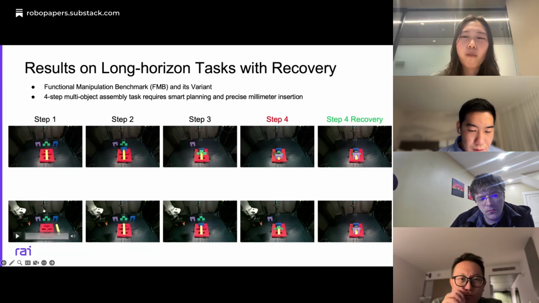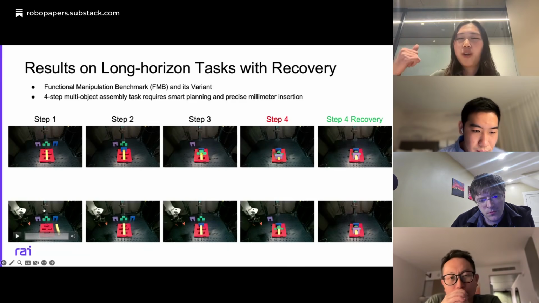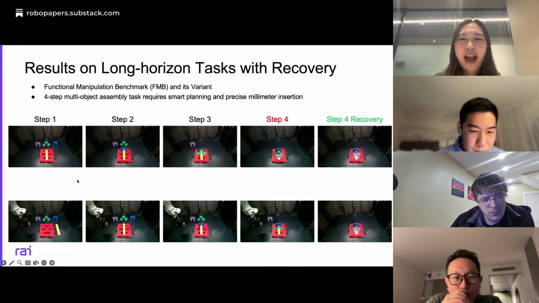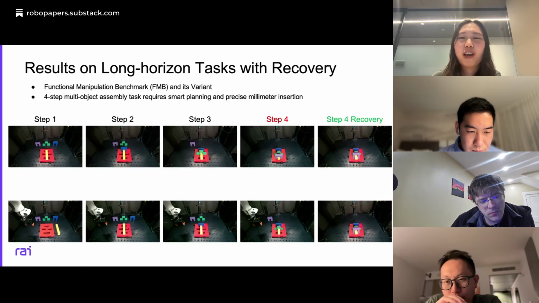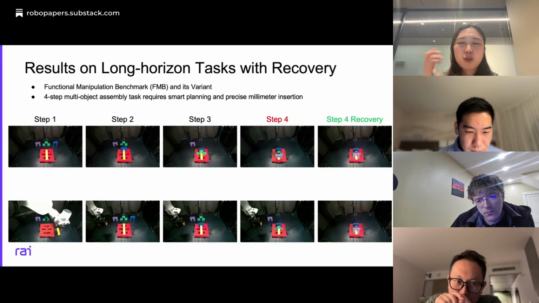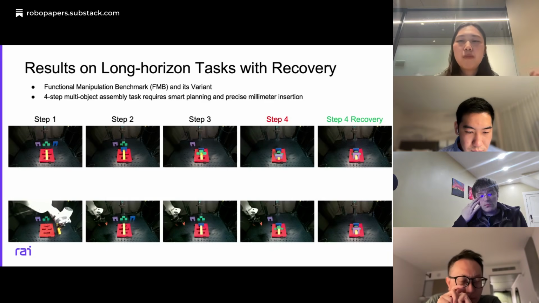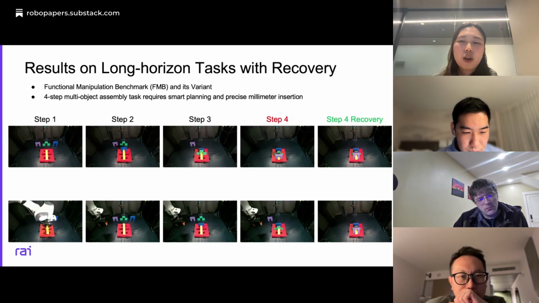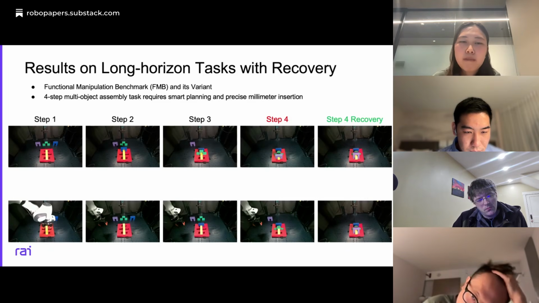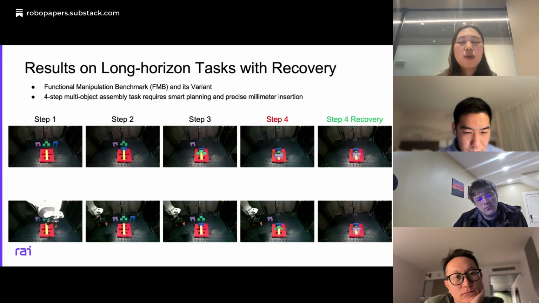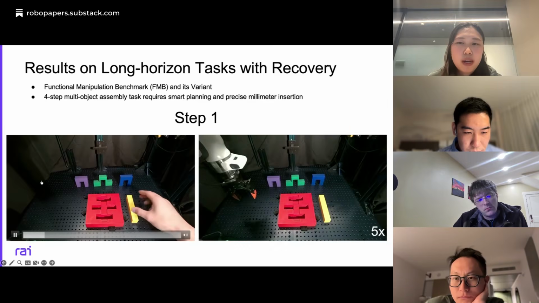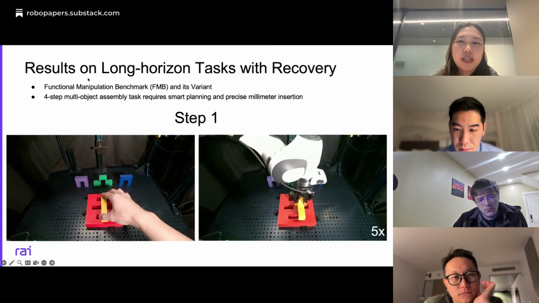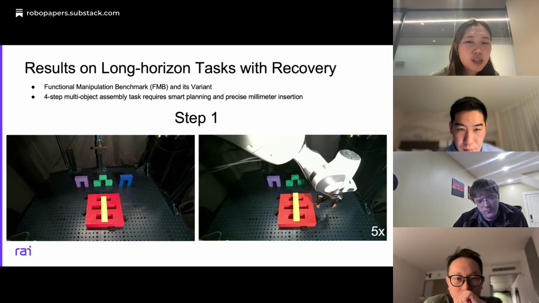So I feel like for most of the time, even though we use the VLMs to do this task decomposition, and even though the VLM's IQ may fluctuate a lot, in general it was able to figure out I need to put in the yellow block first, and then follow whatever later order to put in the rest of the 3. So the high-level task decomposition is not the bottleneck, but the real challenge here is trying to do it with sub-millimeter accuracy. So here we can first see the task.